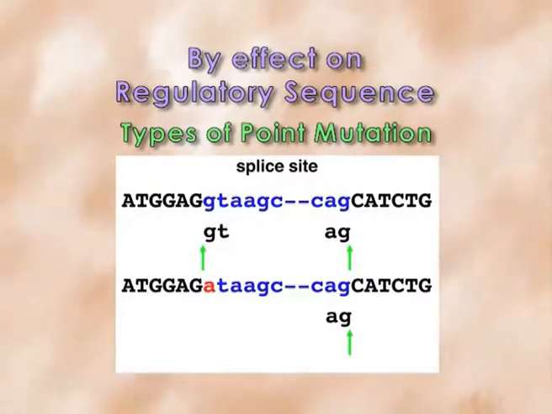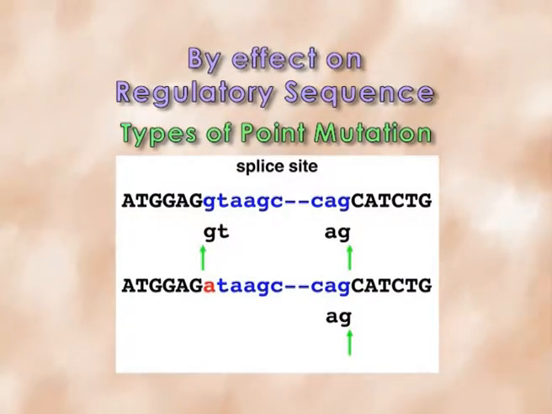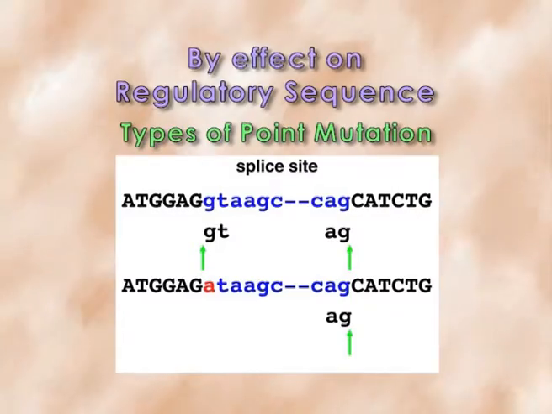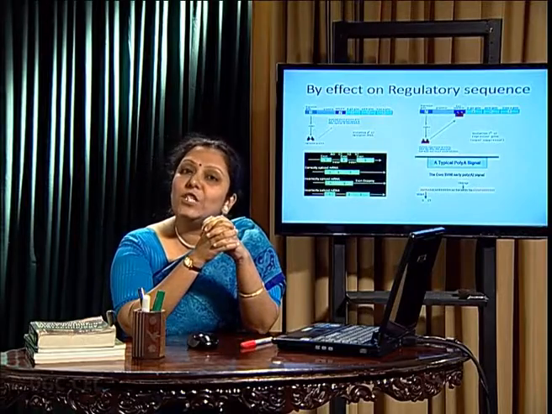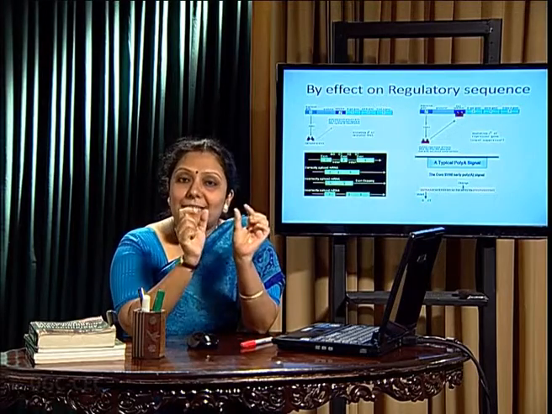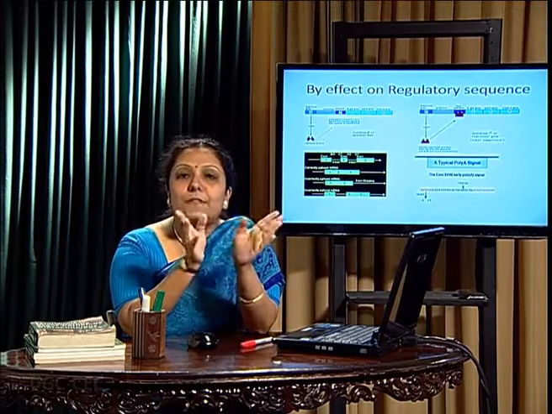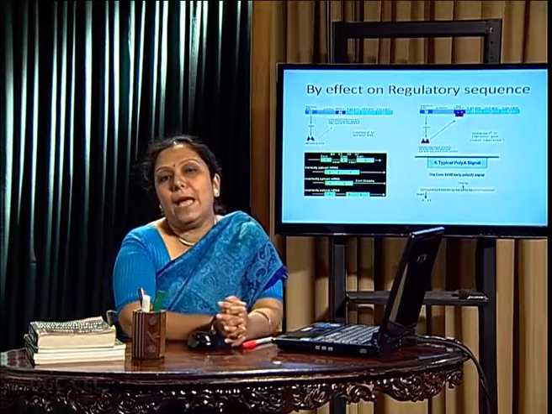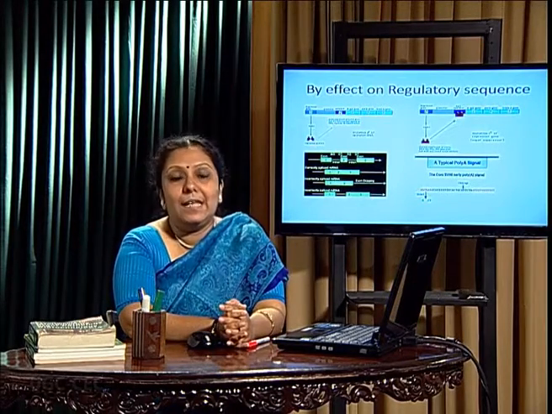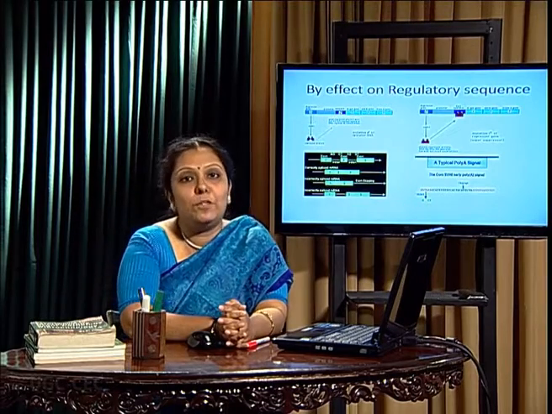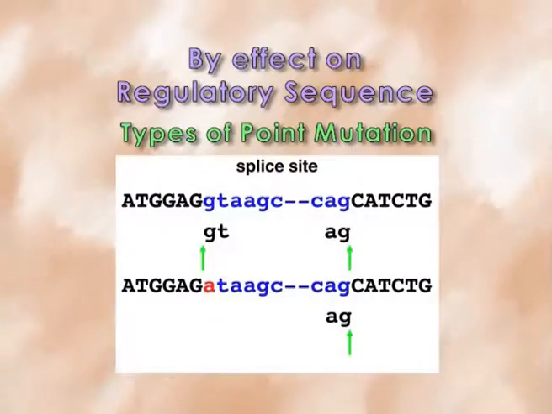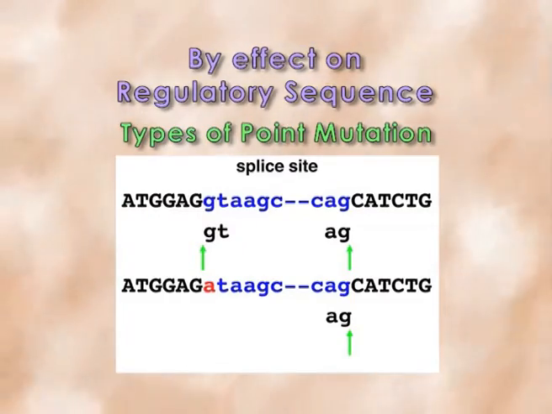In case of splice site mutation, as we know, for the splicing of introns and joining of exons, some specific signals are there like AG and GT. Okay, so by sensing AG and GT, the splicing will happen. Now, if any mutation happens at that particular sequence, then proper intron removal will not happen, proper exons cannot be joined. So that is called the splice site mutation.